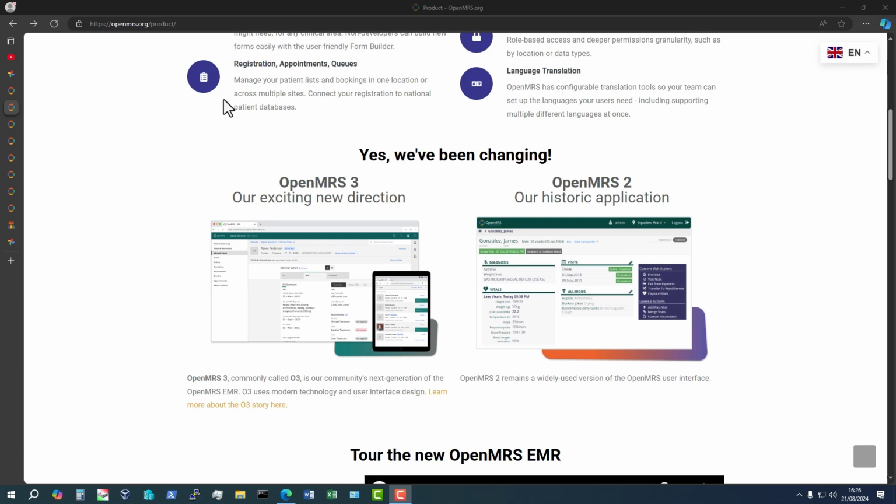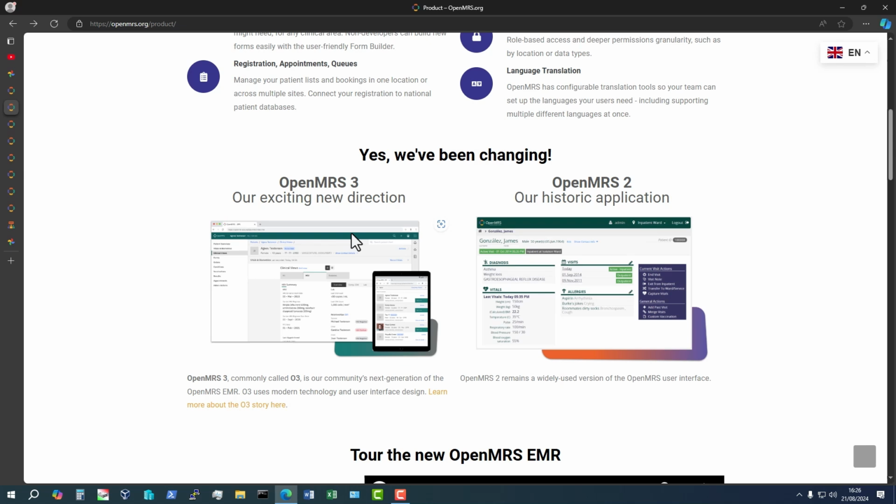OpenMRS, as you can see, has evolved over the years, and it has two versions. There's OpenMRS 2, which leverages some older technologies, Java Server Pages. I'll not go much into the details, but it has an interface, as we shall see on the demo server, that looks something like that. And of course, there's been a migration and a push for newer technologies, things like React, Redux, and all these other technologies. And we shall see they also use the Carbon design system. All this is just to improve